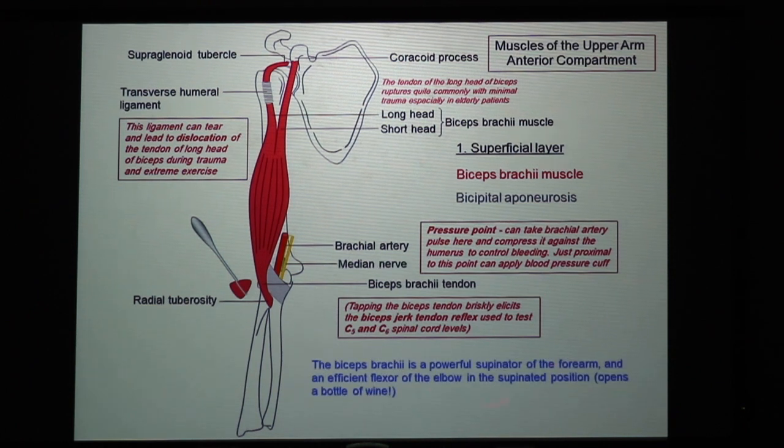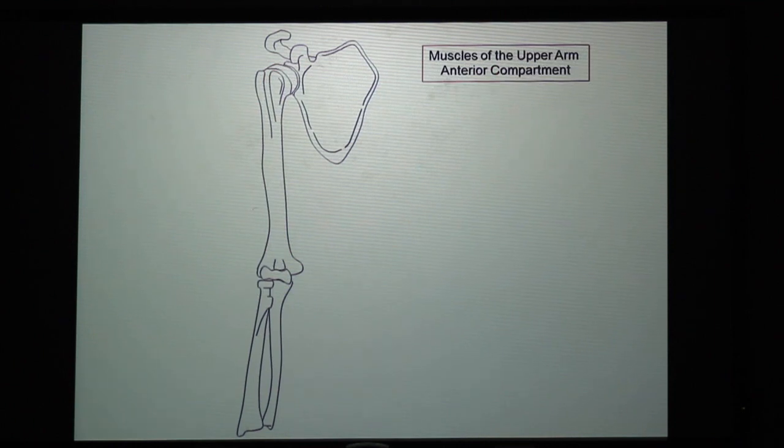And these are the actions of the biceps. The first action is a powerful supinator of the forearm, at which joint? Proximal radio-ulnar joint. An efficient flexor of the elbow, and then it opens a bottle of wine. Fine, you are not doing it, so you don't know it. Ignore it. So, going further,